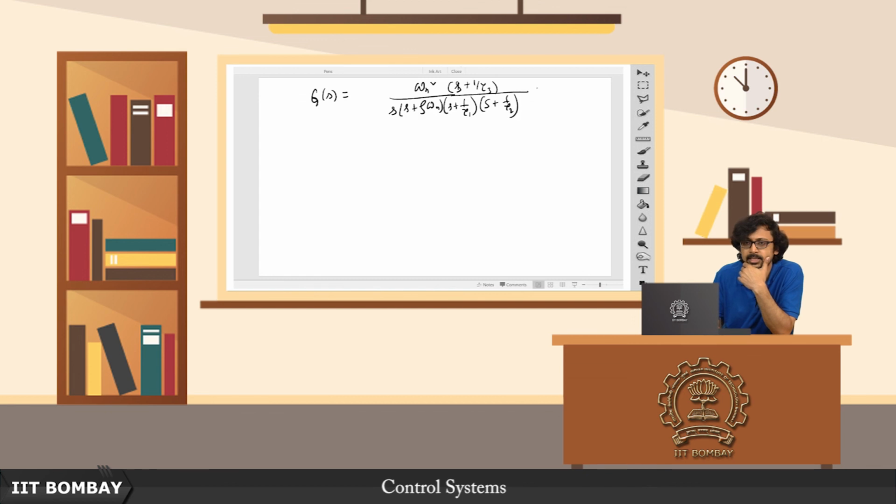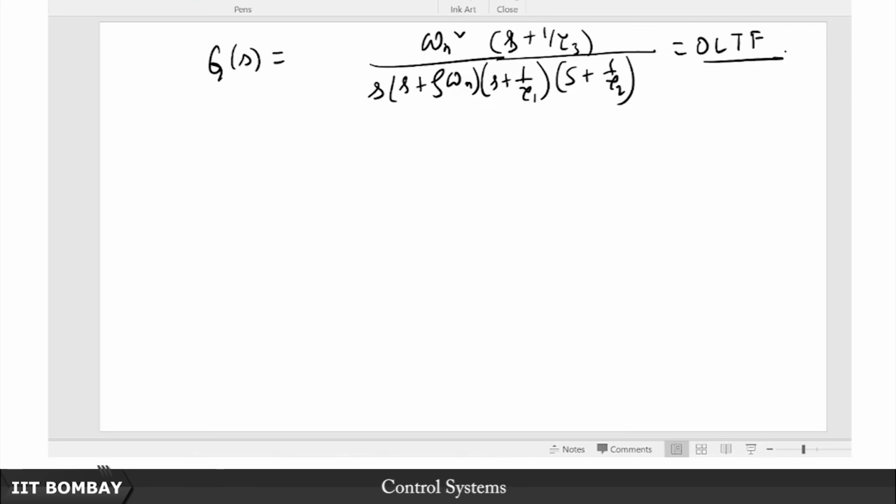Okay. So this is, let us say, your open loop transfer function. Now based on what we have discussed, it might seem to you like what you should do in this case is immediately go about chopping off poles and zeros according to that 5 sigma rule or according to the pole 0 cancellation rule. So you should immediately go and check what these locations of tau 1, tau 2 and tau 3, or rather 1 by tau 1, 1 by tau 2 and 1 by tau 3 are on